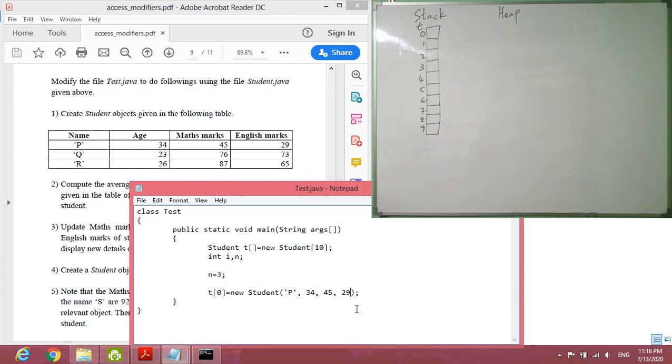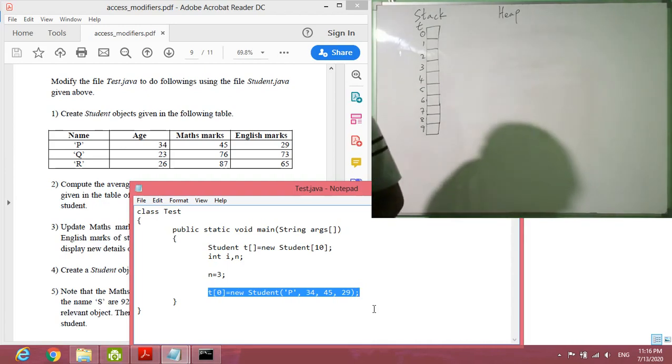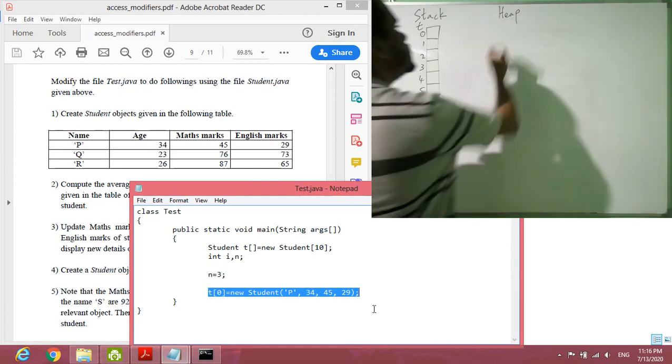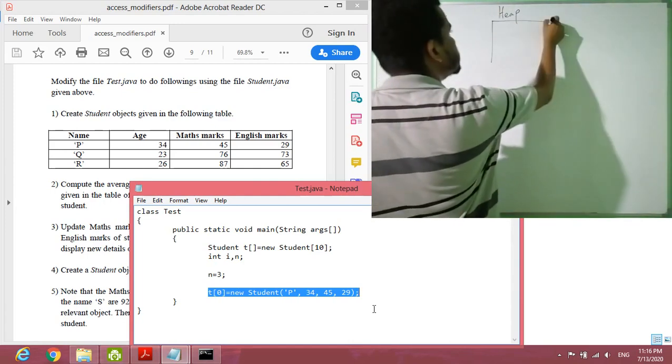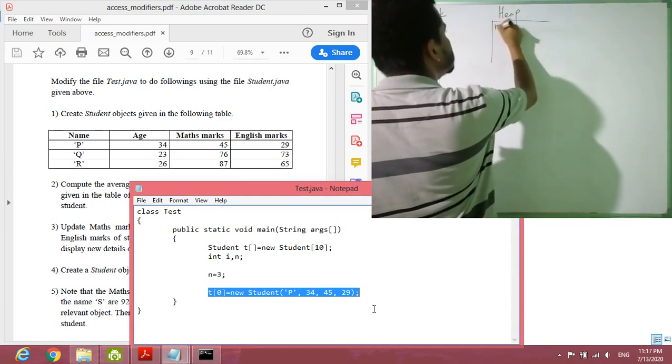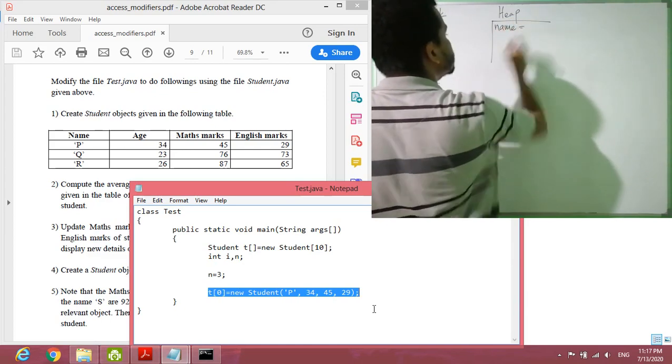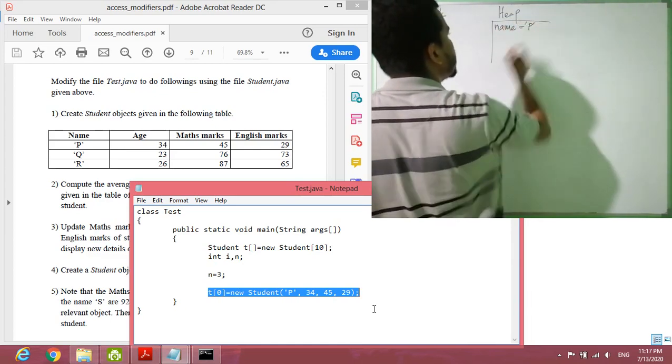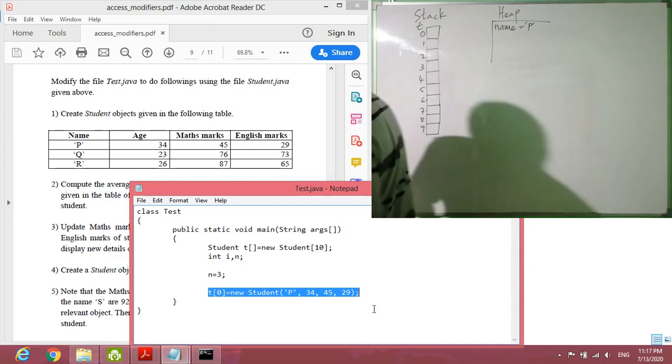Okay, after execution of this line of code, you will see on the heap an object will be created, and for its name attribute we have P, and